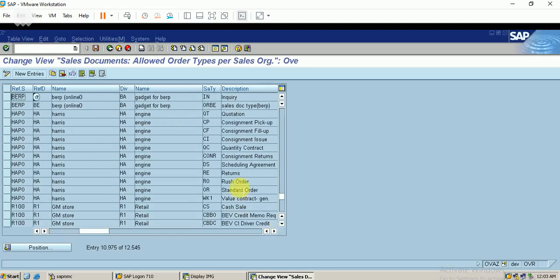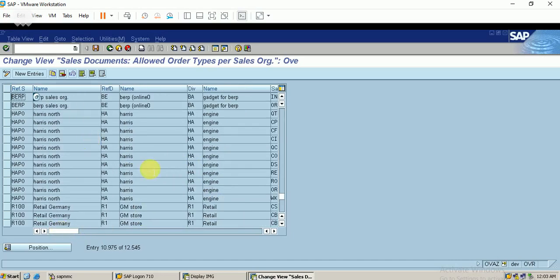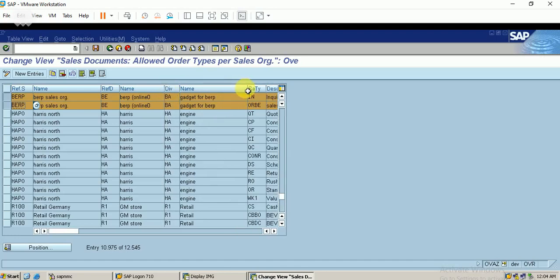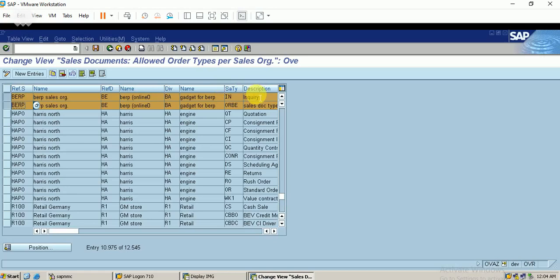So I've already made this entry. You can see here these two entries with my sales organization. This is my distribution channel, and this is my division. And I have linked the inquiry document for this combination.